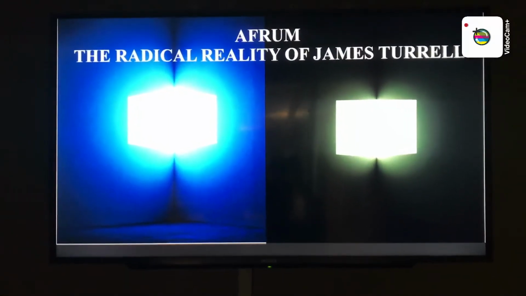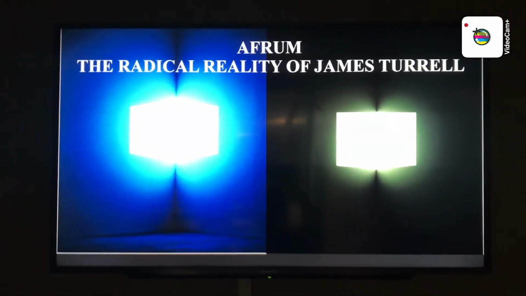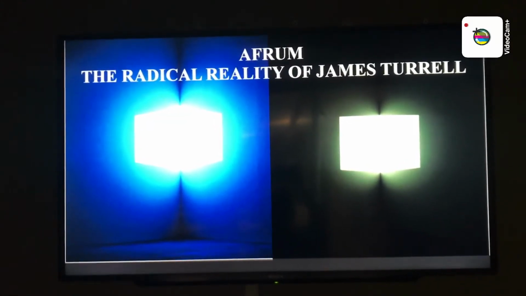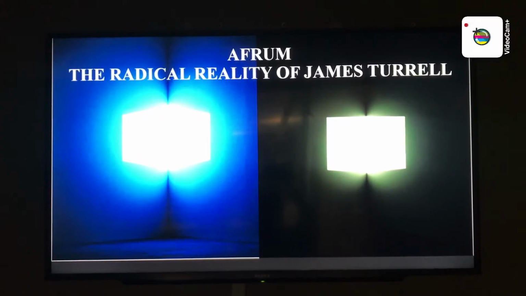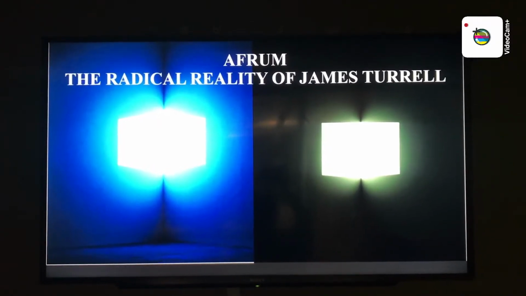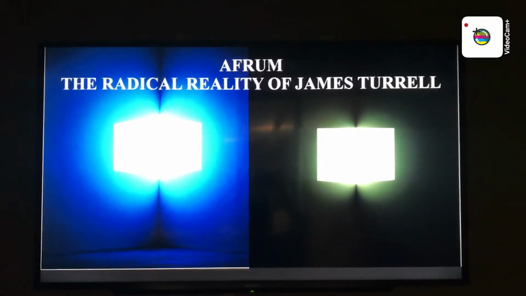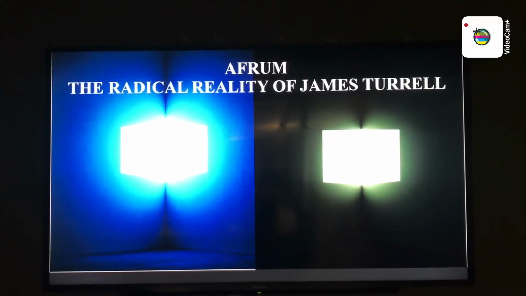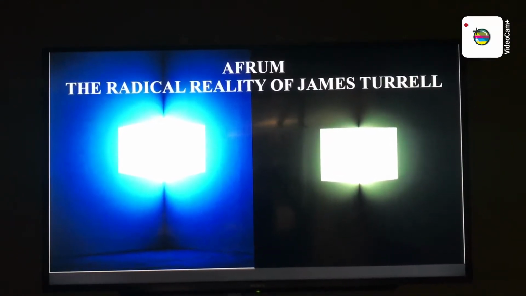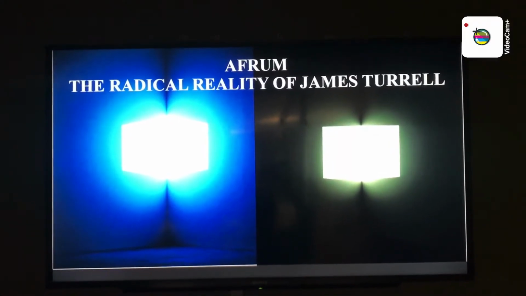So the second project of James Turrell is Ephraim of the year 1966. They are works like Atrium White, where pure light is projected to create the illusion of floating white cubes. Two projector beams of light came together to create what appeared to be a floating cube during an exhibition at